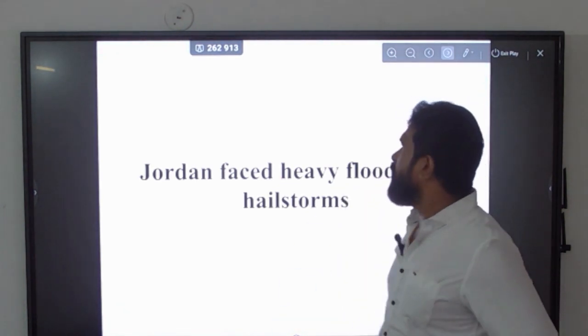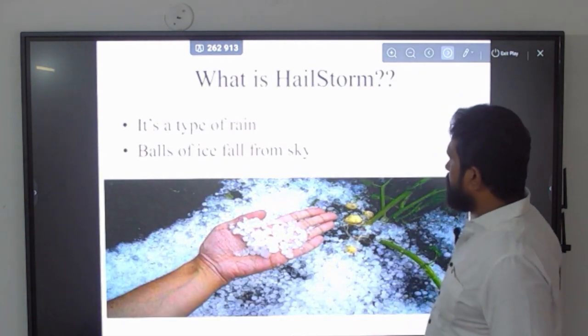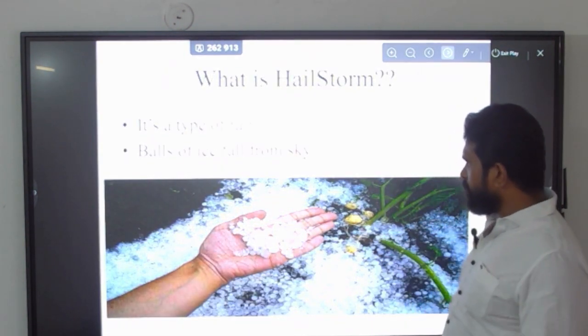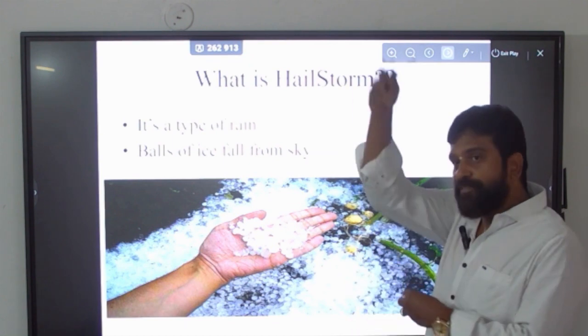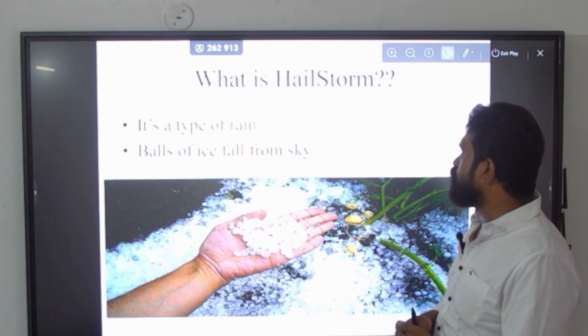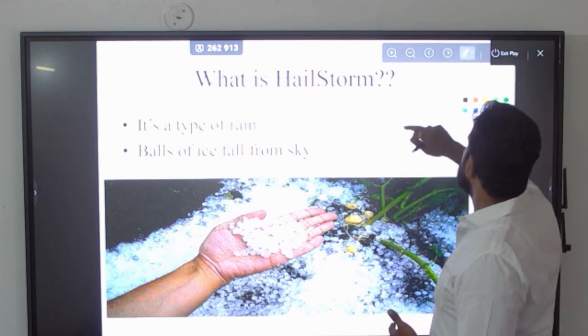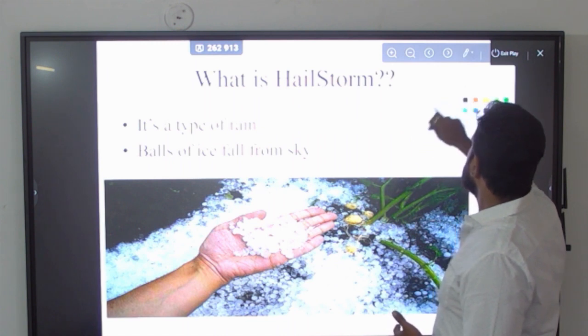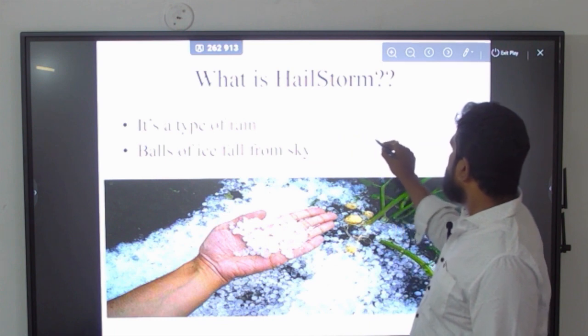Oh, what is this hailstorm? First you should know about it. You see this mark, this is the hailstorm. You know that some ice balls which fall from the sky, that is called the hailstorm. But actually, how this hailstorm is forming and all. Look at here,